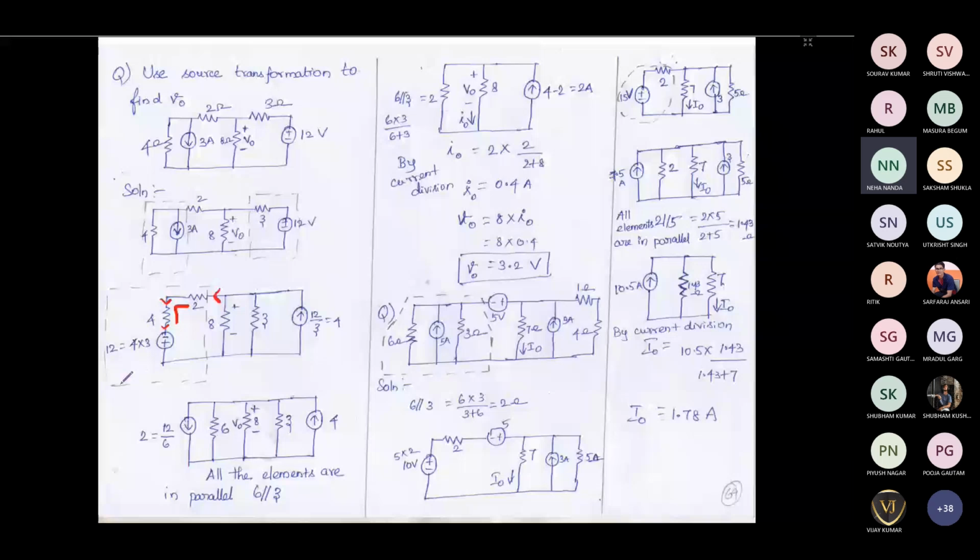So you find the equivalent. What will you get? You will get a 6 ohm resistor in series. So this will be your 6 ohm resistor, then your voltage source like this. This is a 12 volt source. Now this is one voltage source with a resistor in series. You can convert that to a current source with a resistor in parallel. So you can draw it like this, right?